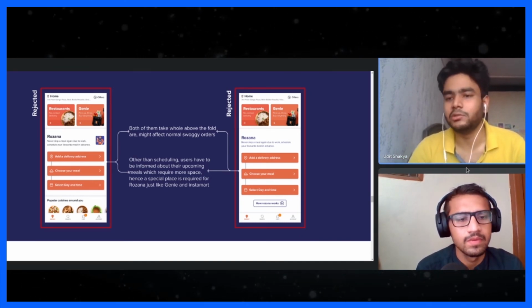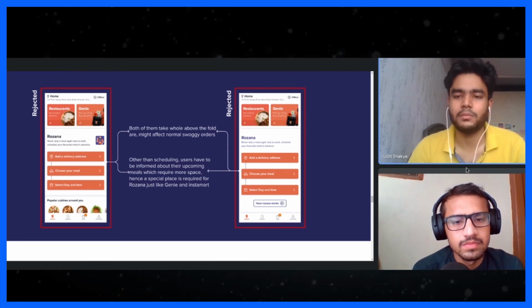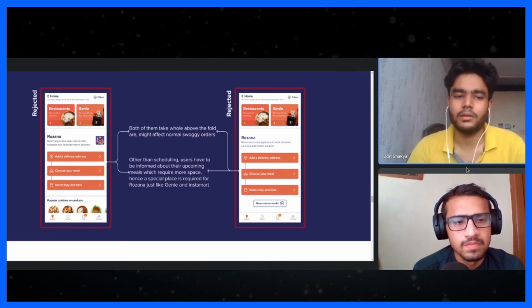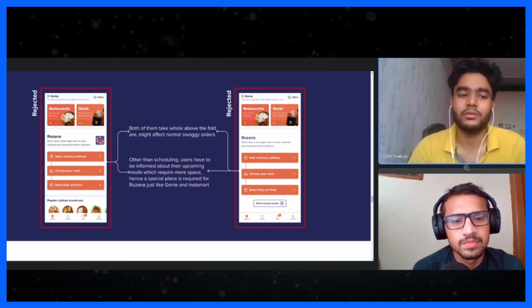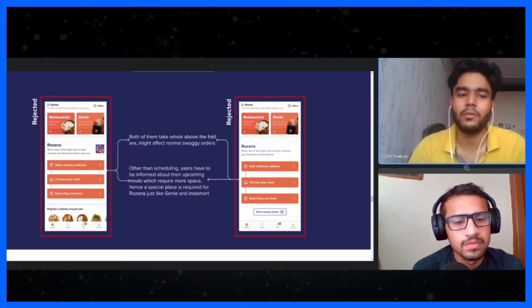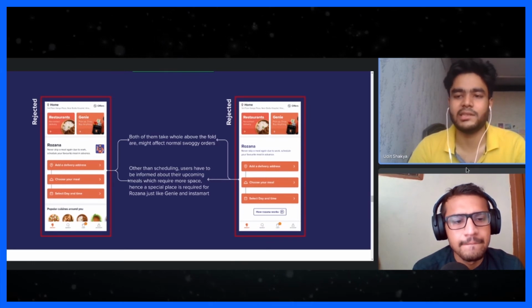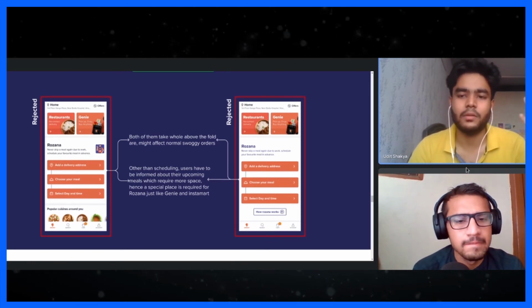So even though it reduced the number of steps, this was a bad iteration. Also here you cannot keep the user informed about their orders because now there's no space left for that.